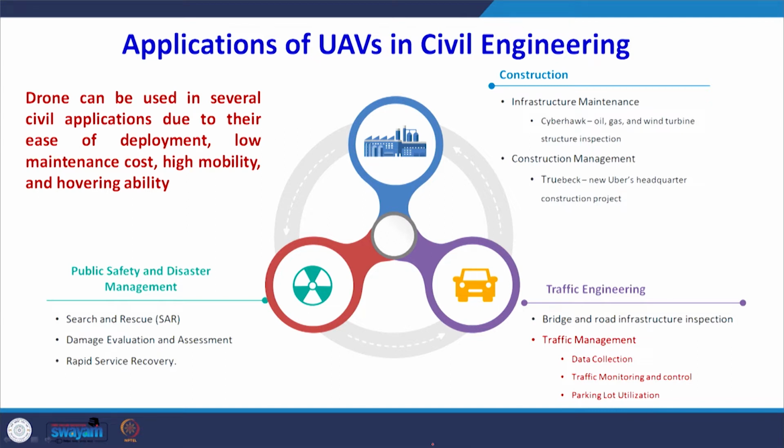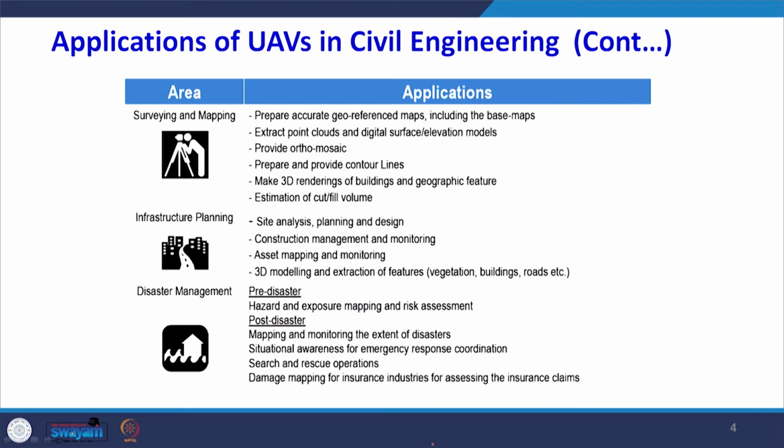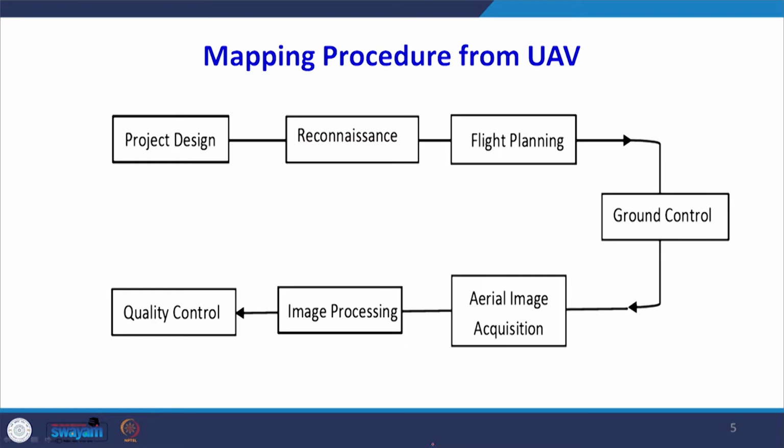Public safety and disaster is another area where the drone has been used in a very extensive way to evacuate the people from the affected areas. Now, a main area is surveying and mapping. You can collect the data and carry out the mapping at a large scale. Whether it is infrastructure mapping, or urban, or road, very detailed mapping can be carried out. Infrastructure planning also requires a very detailed, large scale map. All that is possible with the help of drone technology.